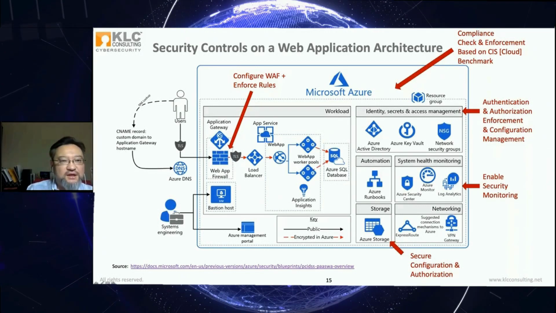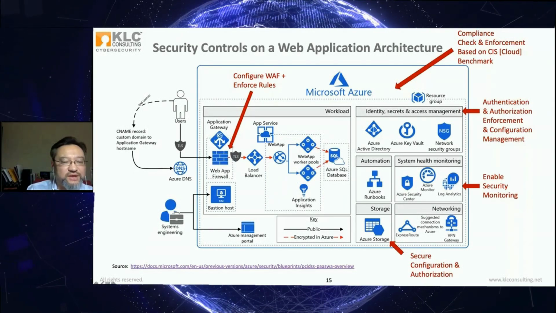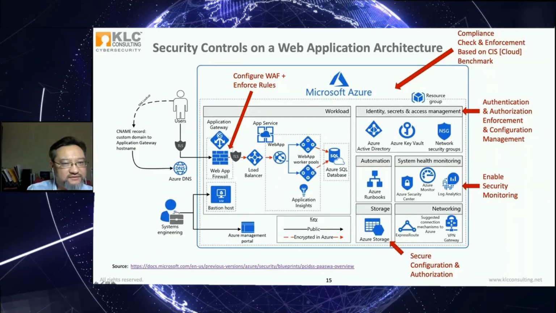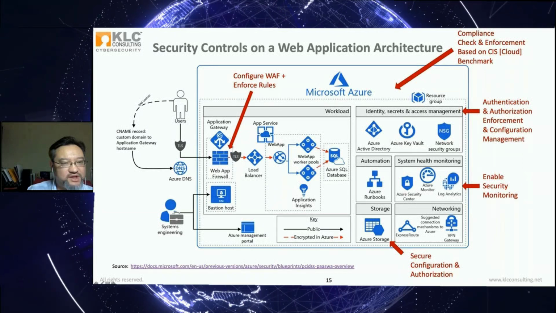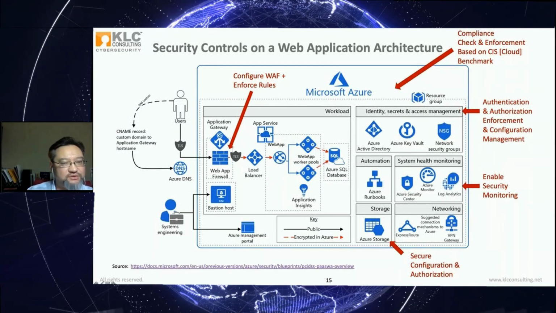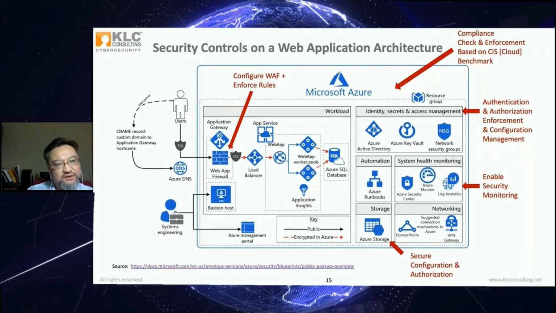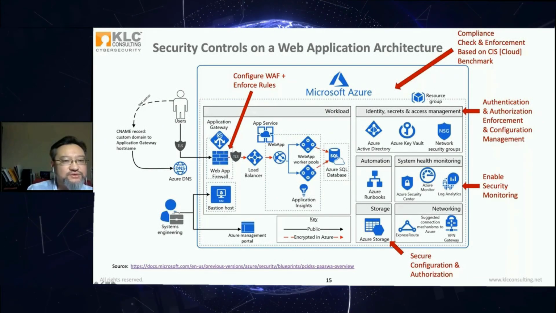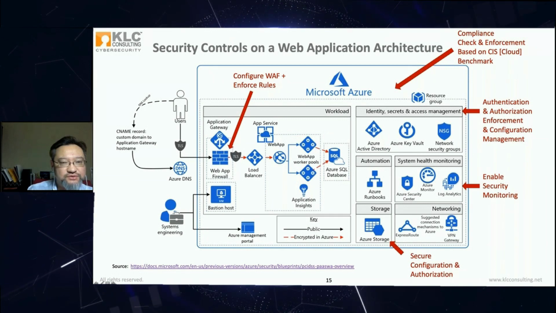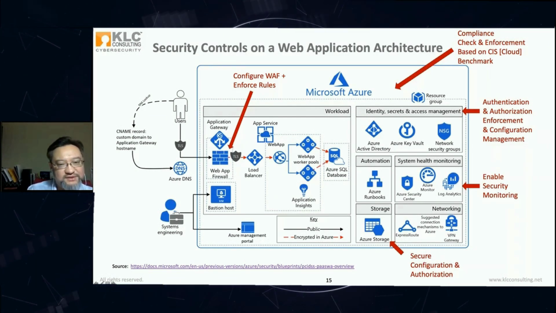Okay. And also you have the web application firewall, WAF, right? As you go in, you make sure that you have the web application firewall because that's how you monitor the web traffic coming in. And then you can configure your custom rules, but make sure you enforce these rules. Okay. And also make sure you enable the security monitoring and monitor all the packet traffic as well.